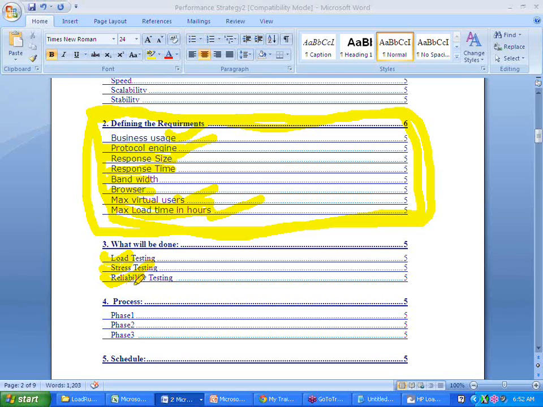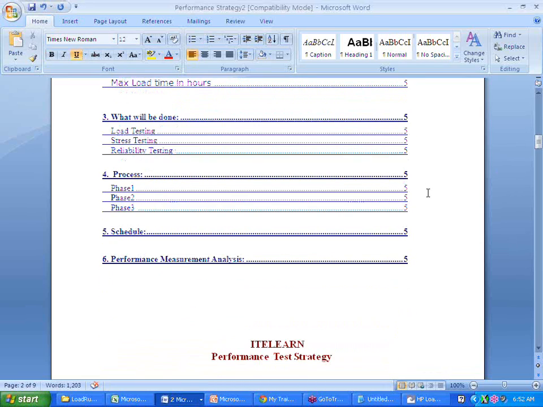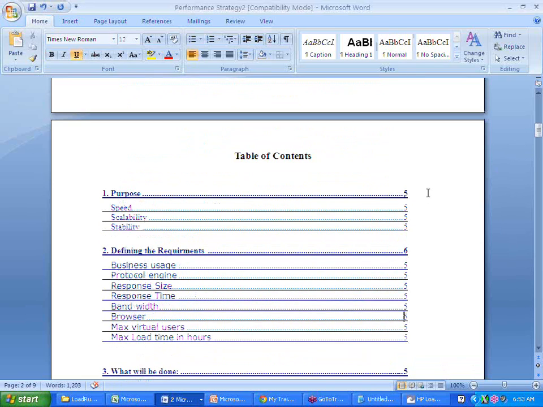And also if you have endurance testing, we'll include that as well. Okay, so these are the different type of categories which we'll be concentrating. Okay, that will be listed as a part of your strategy. So how many phases will be there? The process will be identified, and then we'll talk about the schedule. As a whole, if you prepare the strategy document and someone else is looking at your strategy document, he'll get a clear picture as to how your performance testing is planned, and how it is going to be implemented.